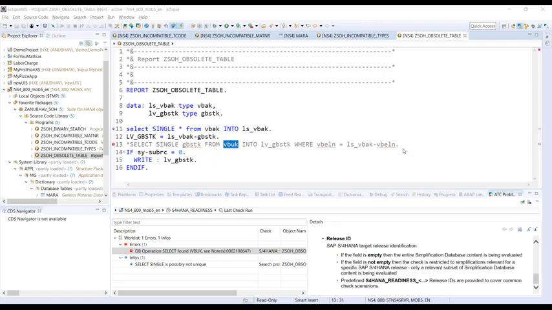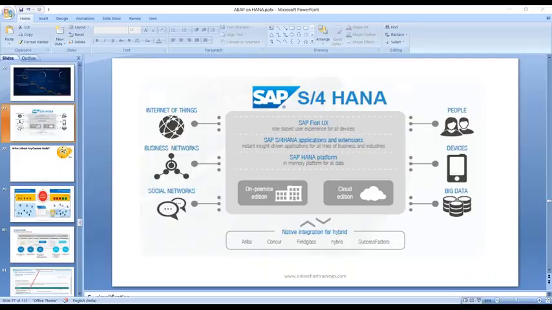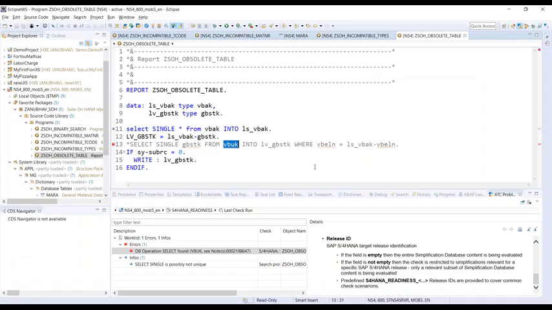What is the exact difference between Suite on HANA and S4 HANA? I already clarified that. What are the key concepts for S4 HANA? I already showed you guys some of the key concepts in a nutshell, but you will know more when you get into a project. Many of the differences I've told you. Maybe I'll just include one more slide in the PPT when I share it with all of you today that has key benefits of S4.